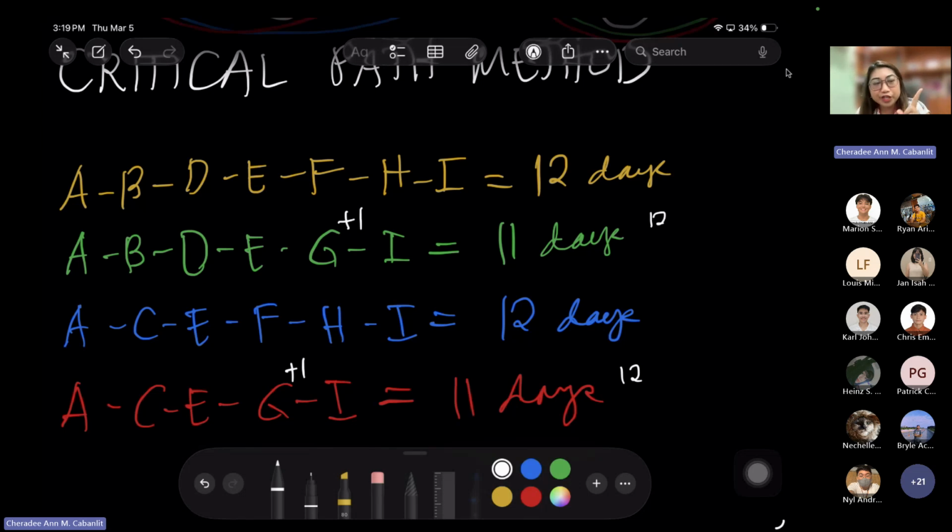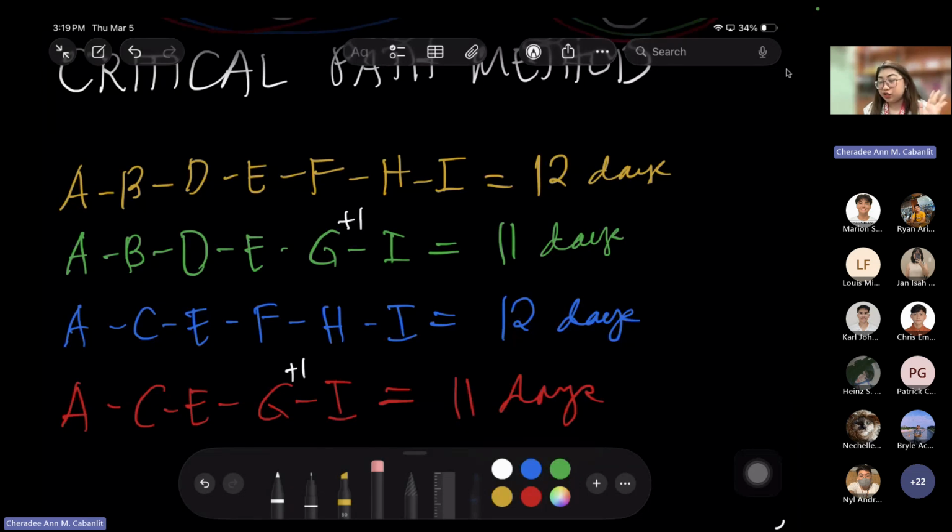If I extend one more day for path G, it will lead to okay. There are even paths that will finish in 12 days, correct? So adding one more day for paths 2 and 4 is still considered okay. Therefore, G is not actually part of the critical activities.